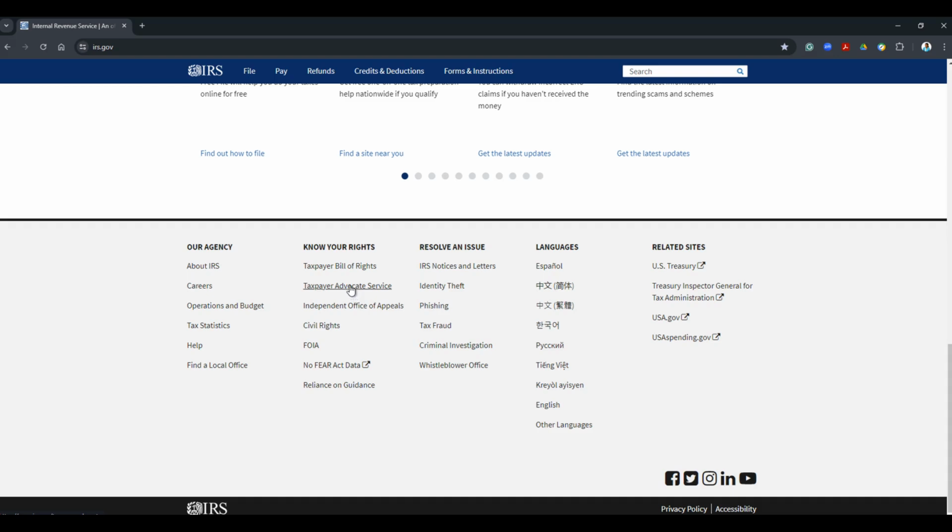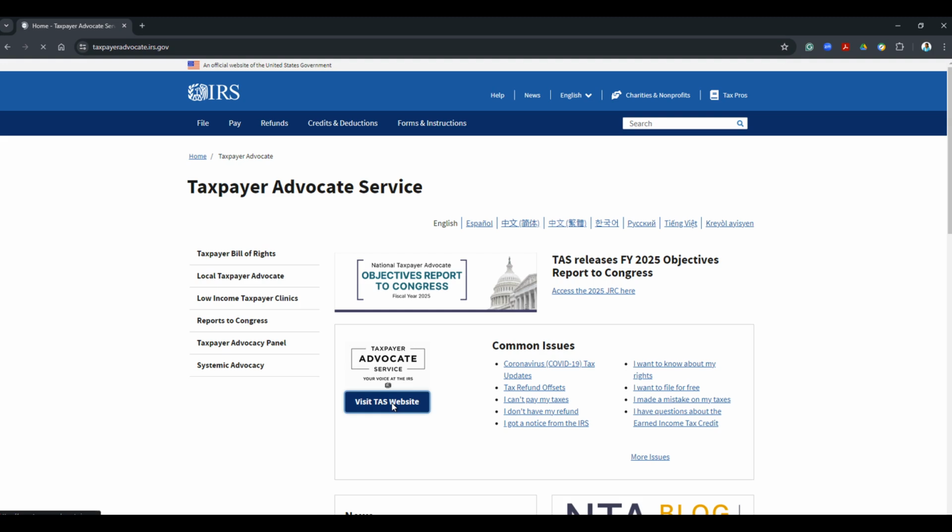Now, at any time, any website you go to can move a lot of these links and things around. Sometimes it's really important to understand the context of what I'm saying more than just the exact location of what I'm pointing at. The context of this is that you are going to the irs.gov website to find Taxpayer Advocate Service. So even if all you did was go here to search for that, it would bring you to the same place that this link would, even if this link didn't appear here by the time you got to the site. So we're going to click on that,